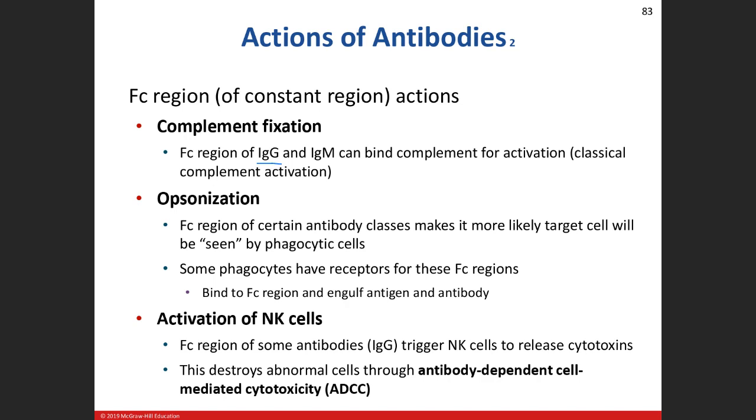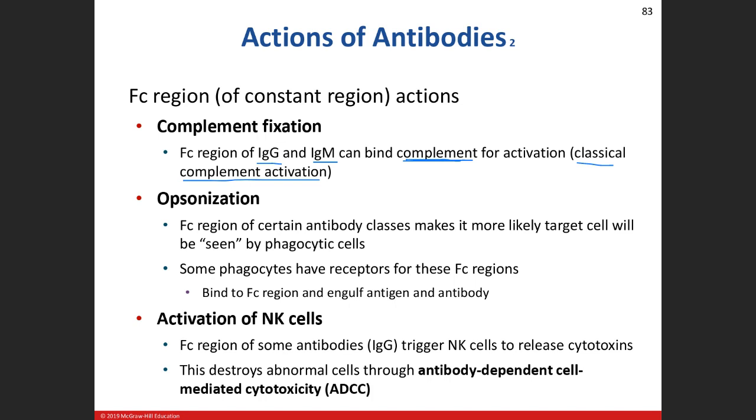So we talk about IgG and IgMs. IgG is the most abundant type of antibody in circulation. What it will do is, the antibody will bind onto the antigen, and then that antibody will also bind onto the complement. And then we can undergo that classical complement activation. Well, what the heck is that, Dr. Kaz? Well, if we go all the way up to the top here,